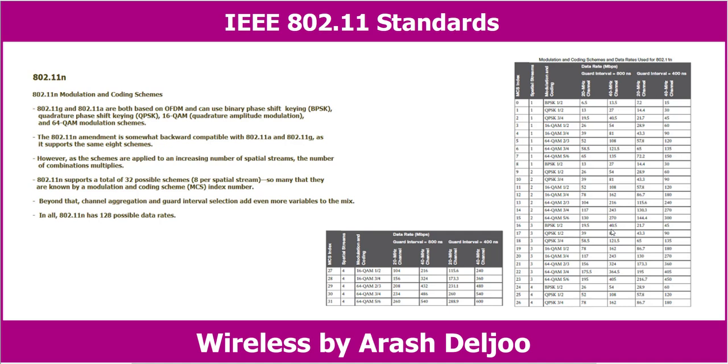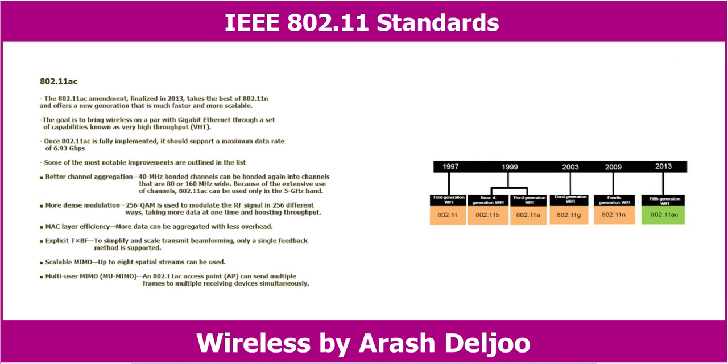Because of that, here we have different conditions, and for each, according to the conditions related to the number of spatial streams, the modulation and coding scheme, the channel aggregation, and also the guard interval, we can reach different data rates. As you can see here, we have multiple different data rates in 802.11n. The next technology of the IEEE 802.11 standards is